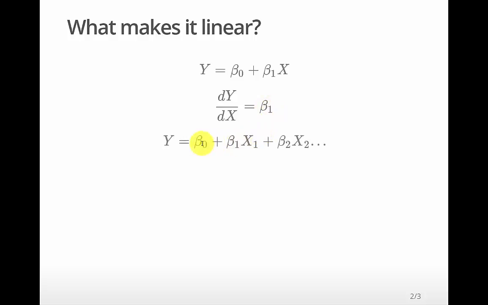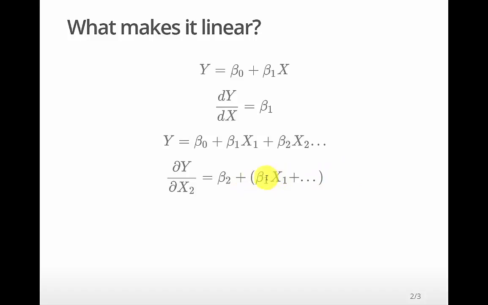This is true even for more complex multiple regression equations. Now we have multiple values, x1, x2, and possibly more. In this case, we have to take the partial derivative of this function because it has more than one variable. So the partial derivative of y with respect to, say, x2 ends up being simply a constant, beta 2, plus